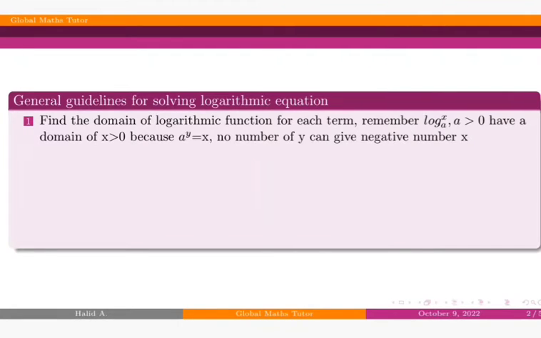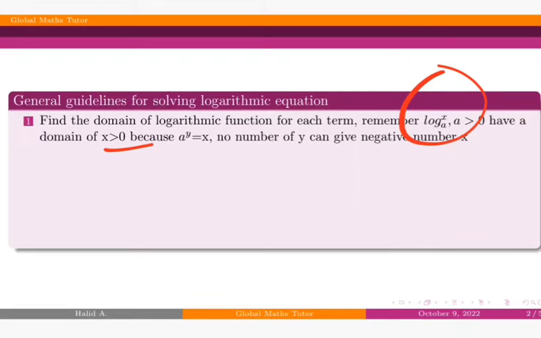The first thing you need to do before solving logarithmic functions is finding the domain of each term. For each logarithmic expression, we need to find its respective domain. Remember that the logarithm of x to the base a, if a is greater than 0, has a domain of x greater than 0. Because if you change this logarithmic function in